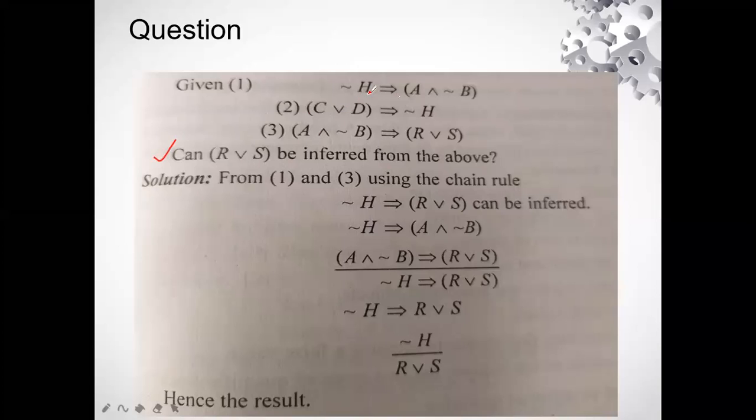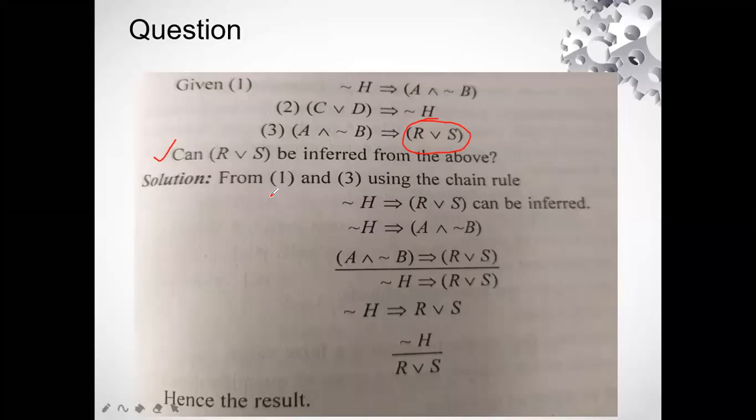This means I have been given these three equations and I have to infer this particular R disjunction S. Now it is asking, can we infer R disjunction S from these equations? Yes, we can, by using two rules. We have studied three rules: modus ponens, modus tollens, and the chain rule. Here we are going to use the chain rule and modus ponens. As you see here, we have negation H implying A conjunction negation B, C disjunction D implying negation H, and A conjunction negation B implying R